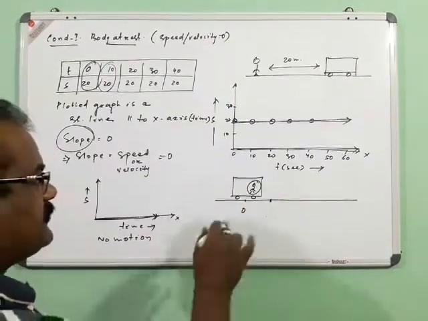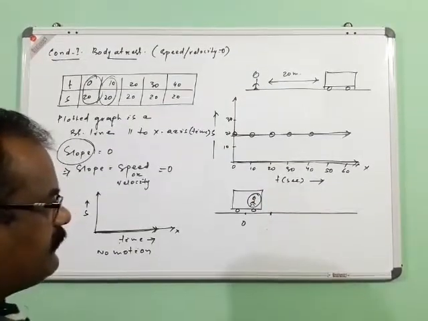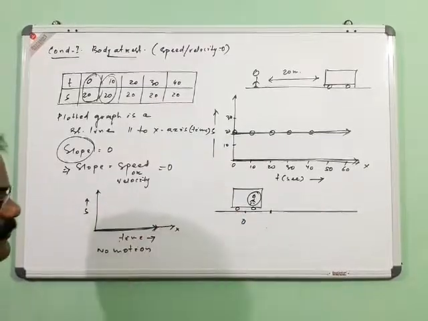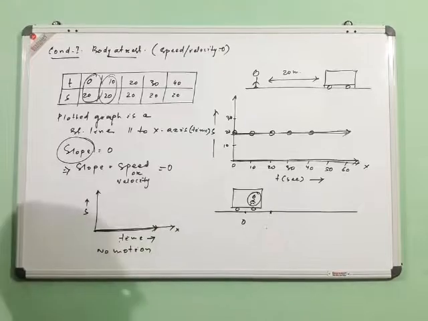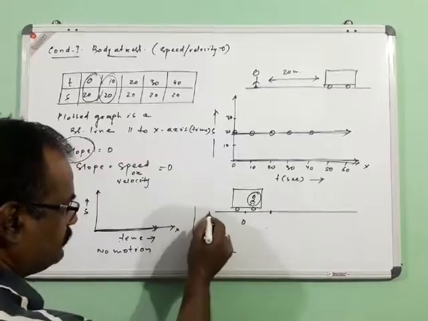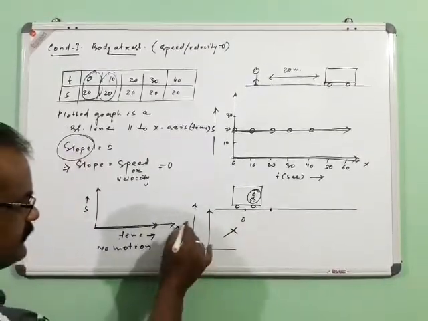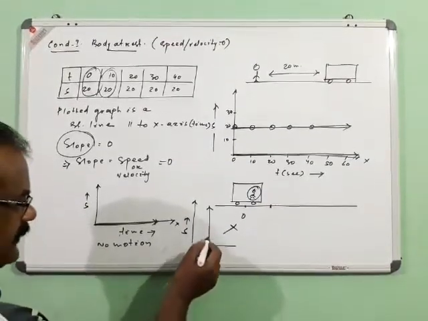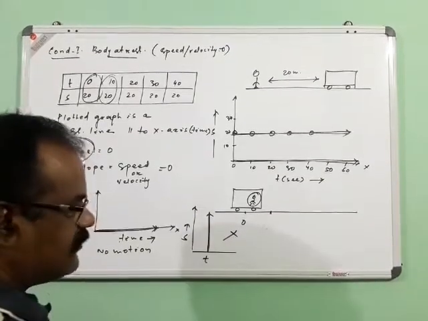but the difference is that here the body is not moving practically, but it is at a distance of 20 meters from the observer, whereas here the observer himself is very close to the object, and therefore we get this type of graph. But the graph will never be exactly perpendicular to this one. This type of graph cannot be found in a displacement-time graph, remember, because this would represent that at a particular time the distance or displacement goes on changing, which is not at all possible.